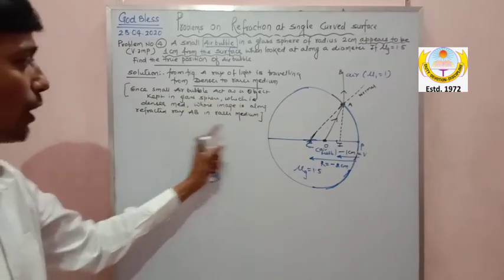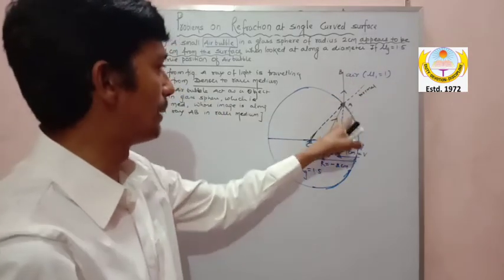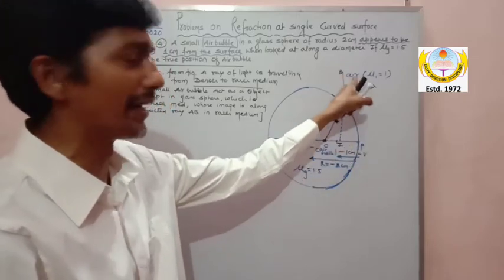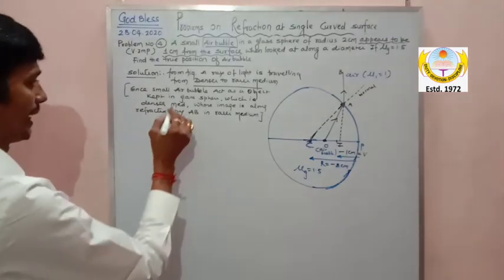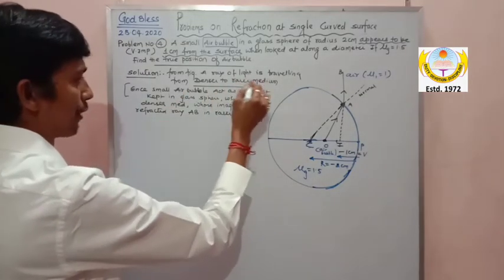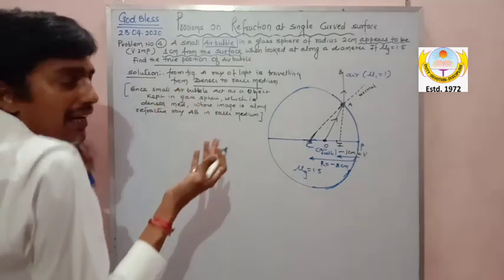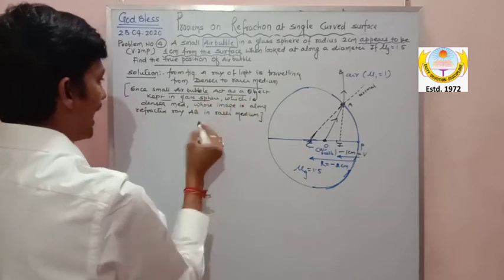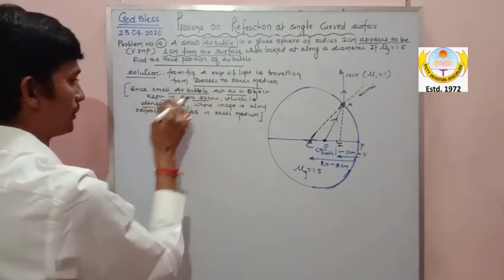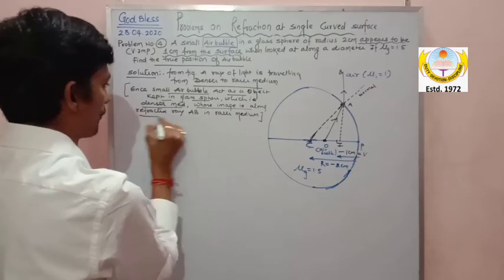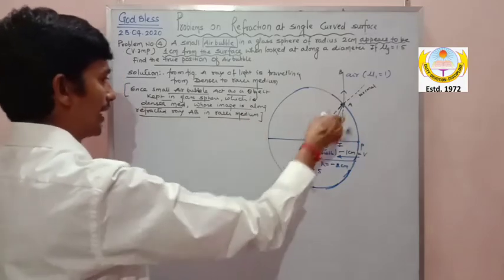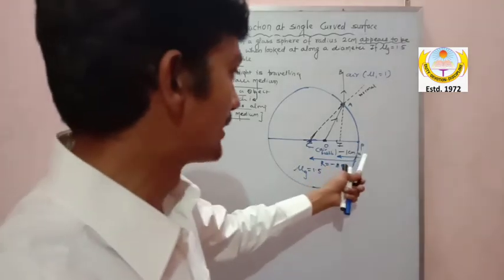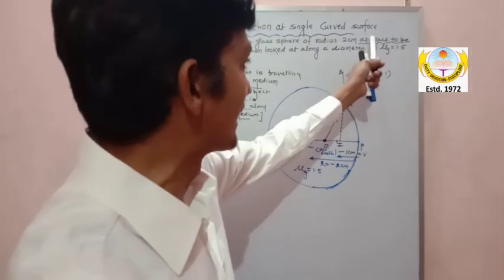Whose image is along refracted ray AB, and where AB is going, my dear, I have produced this image here in glass, but this AB is in where? In air medium. So sir, 100% I have written a ray of light is traveling from denser to rarer. That is how I concluded, sir, the air bubble is the object which is in the glass sphere, and hence which is a denser medium. So the object is in denser medium, the image is along refracted ray AB, that is in rarer medium. Am I clear? So I hope you all understood where is the pole, where is the image. The image is given here.